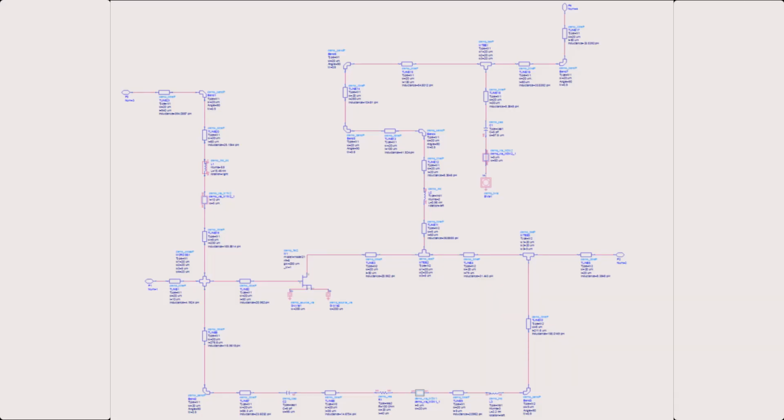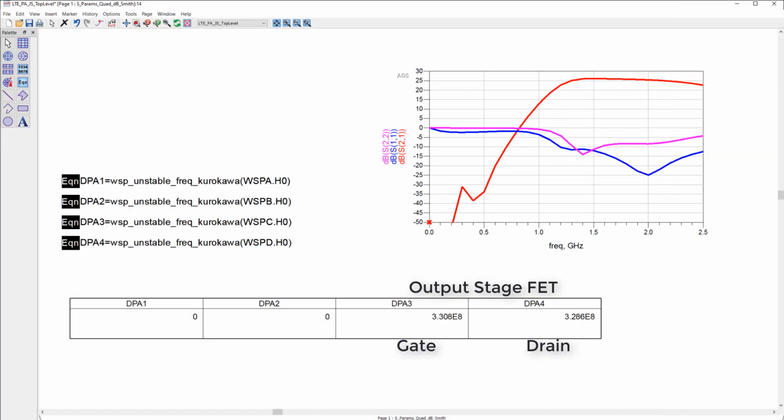Please note that the second stage has an LRC feedback loop between the drain and the gate as shown here, specifically created to stabilize the device and flatten the response at the passband. See, the PA was originally designed for unconditional stability. The FET structures were unconditionally stabilized before even creating the matching networks, the input, interstage, and the output. So there must be something more I need to know and investigate further.